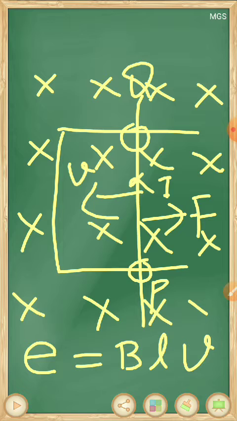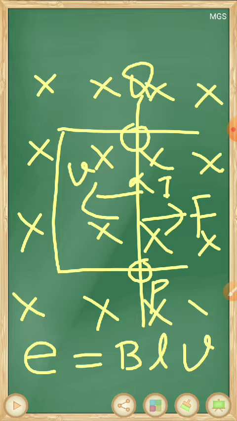Because of this induced current, the conductor PQ experiences a magnetic force whose direction can be determined by using Fleming's left hand rule, and it will come along right side, that is opposite to the velocity of the rod. So in order to move this rod PQ against this magnetic force with a constant velocity v, the external agent has to do work. He has to apply force equal to the magnetic force F.